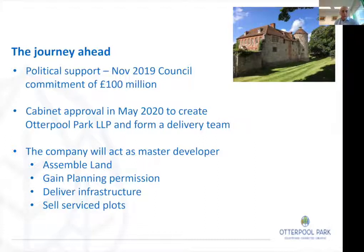That £100 million was seen to do a number of things. One, it was to complete land assembly, and particularly, as some of you are probably aware, about £25 million of that went towards acquiring the Cozumel interest. So we moved from moving towards a joint venture to moving to undertake the whole of the development ourselves. And what I mean by that is to complete the assembly of the land, to complete the planning process, and then to deliver infrastructure with a view to selling on serviced plots. That's how it works as a basic